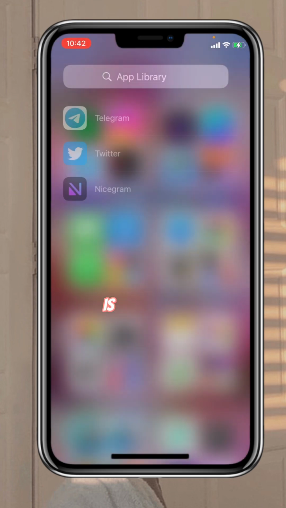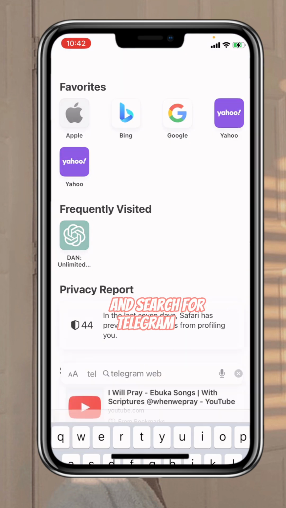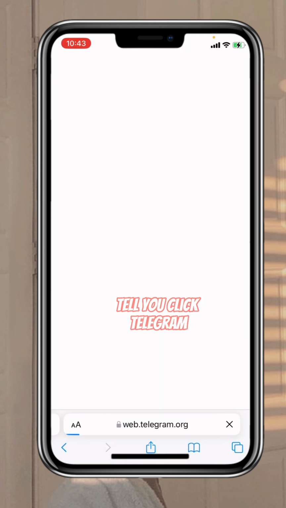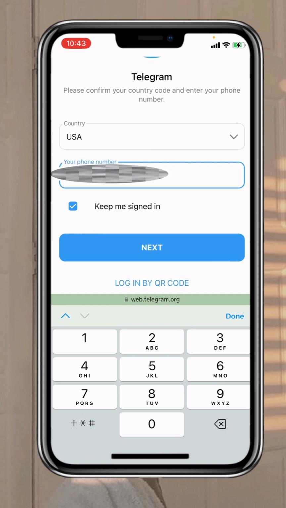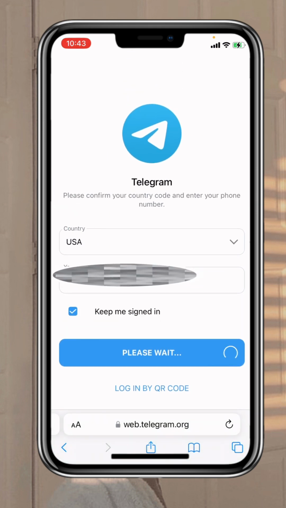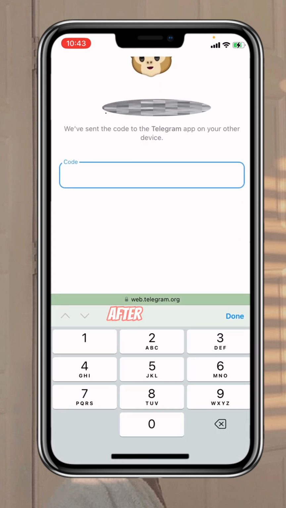First thing you're going to do is go to your search button and search for Telegram web. Then after you click Telegram, you click Telegram web, then you log in and put your number here. And after putting your number, just make sure you log in. And after logging in,